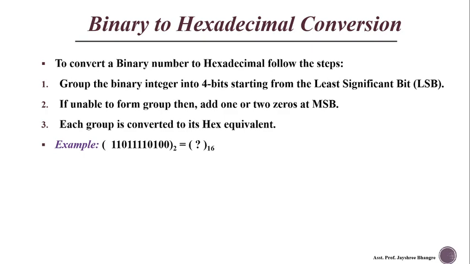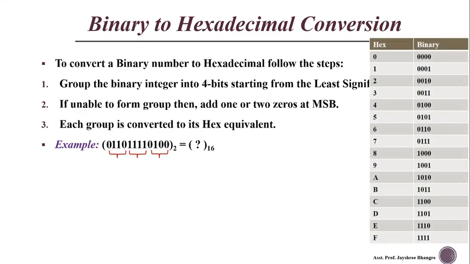So let's see the example. This binary number is given and we have to convert this number into the equivalent hex number. So let's start the grouping of bits. It is a 4-bit group from right to left. So this is the first group, this is the second group, and this is the third group. For the third group we have to add 0 to the left hand side, at the MSB position, to complete the group of 4 bits. So we are adding 0 over here at the MSB side, and now let's write the hex equivalent of this number.